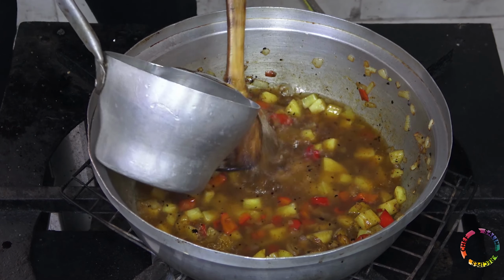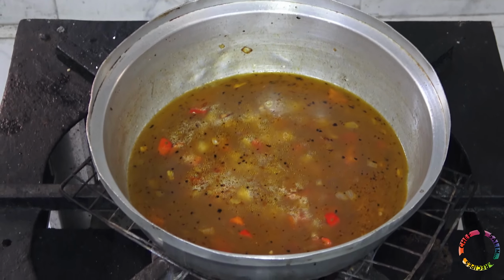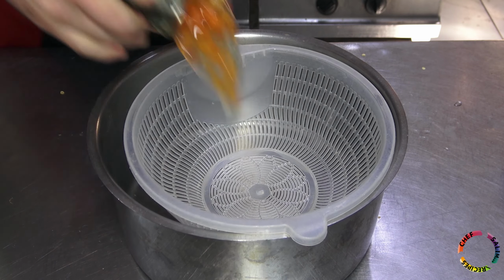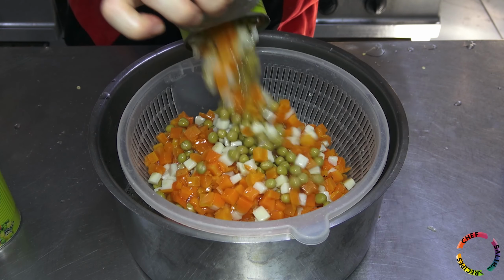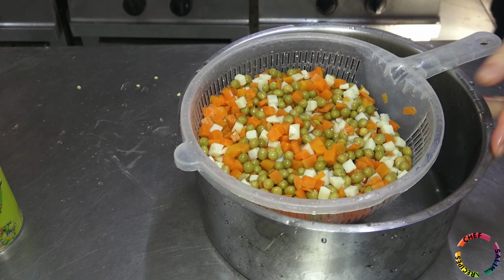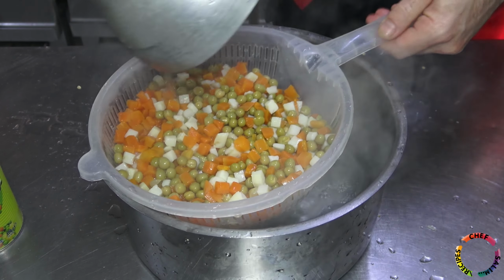Fun fact, soy sauce might seem like an unusual ingredient in Turkish cuisine, but it adds a deep umami flavor that enhances the taste of the meat. Try it next time in any stew or meat-based dish. You won't regret it. Once the potatoes are cooked, I add the canned peas and carrots, pour in a bit